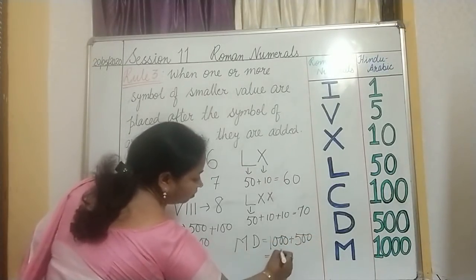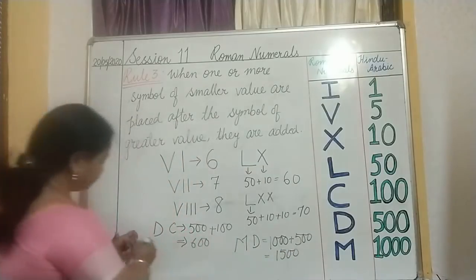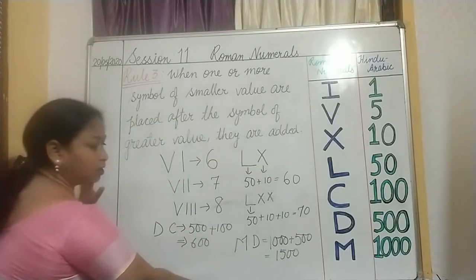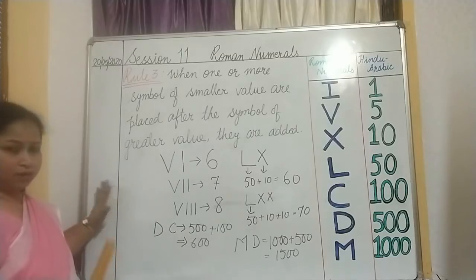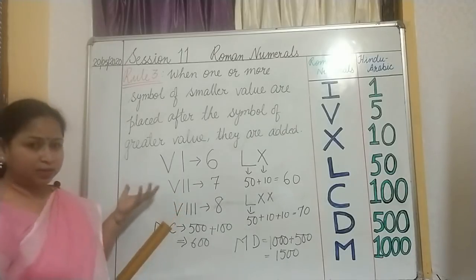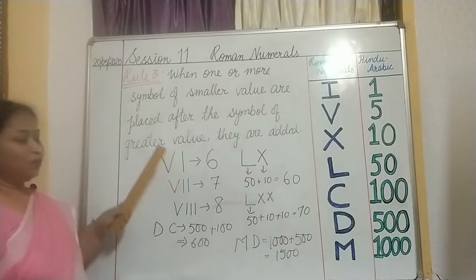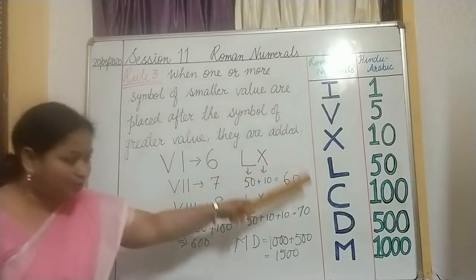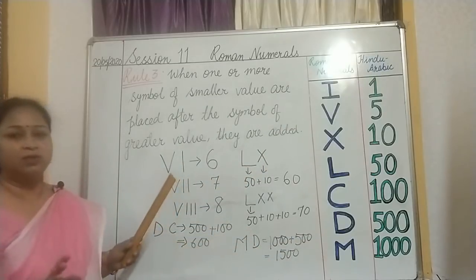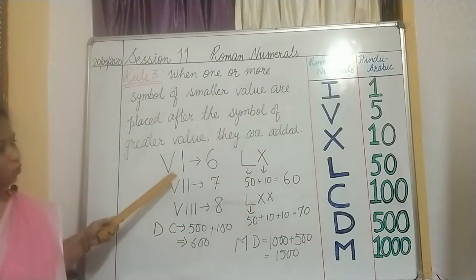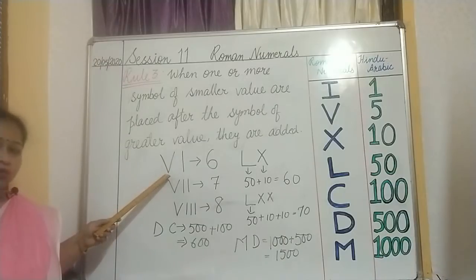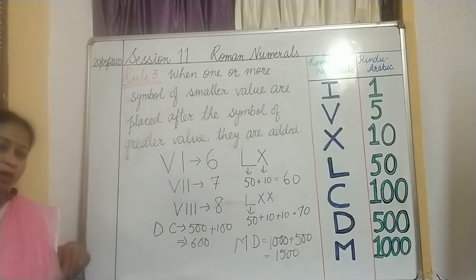So you have 1500 over here. It's very simple, easy. You can say that we are learning the coding and decoding language, isn't it? So you have to learn these symbols, then it will be very easy to play with. Okay. So as you have seen, if I compare these two, the greater value is V. Okay. And V stands for 5, I stands for 1. So when 1 is added to this, it becomes 6.